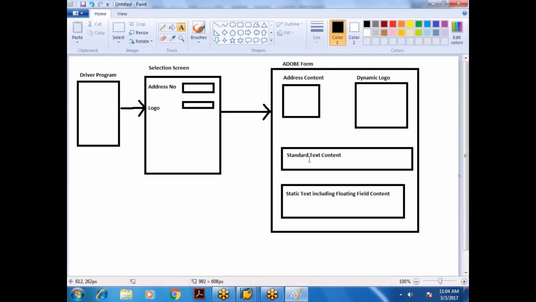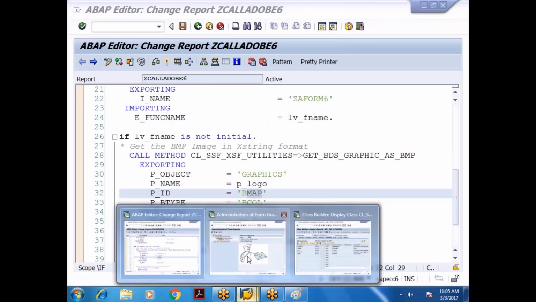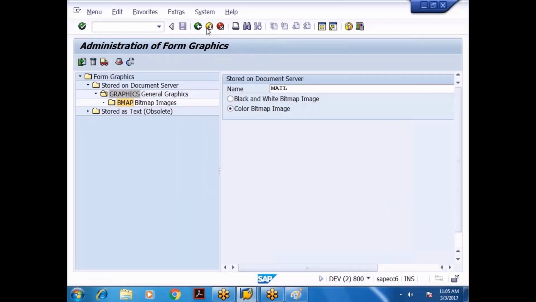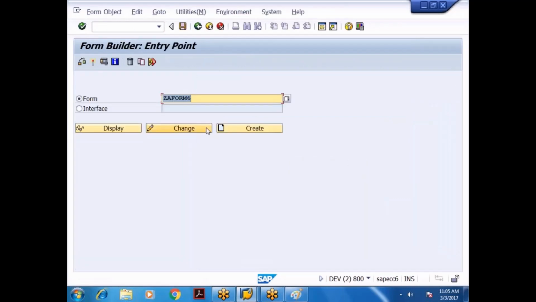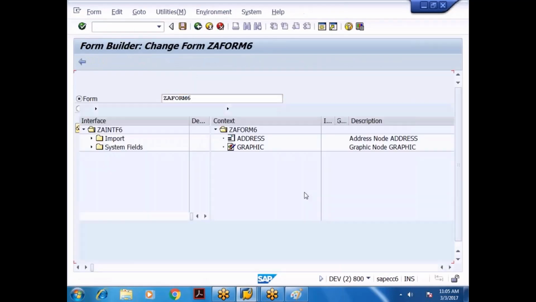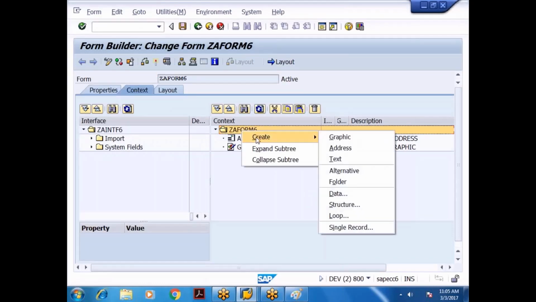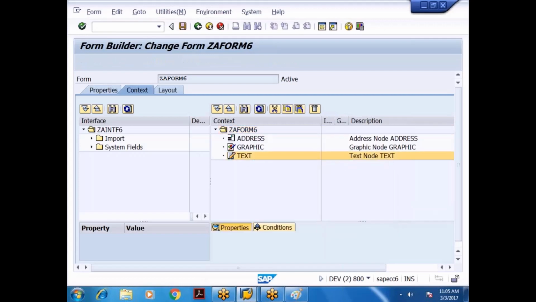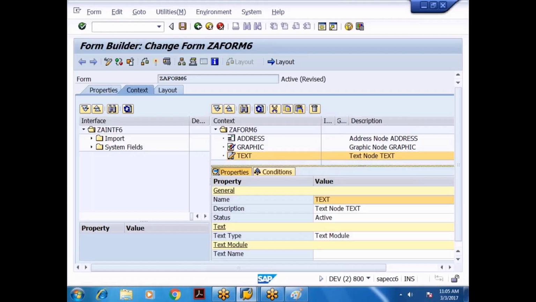We have to display the text, standard text. Already we created the standard text, no? So, simple technique. I'll go back to my smart form. What is that? SFPT code. Smart form done. Here what you have to do: right click on this, create text. Text object got created. Here same as in smart form, change the text object.